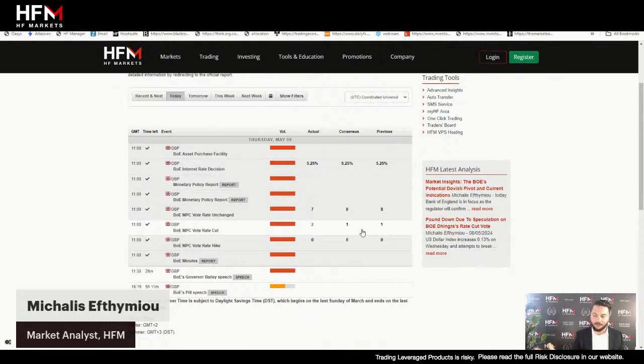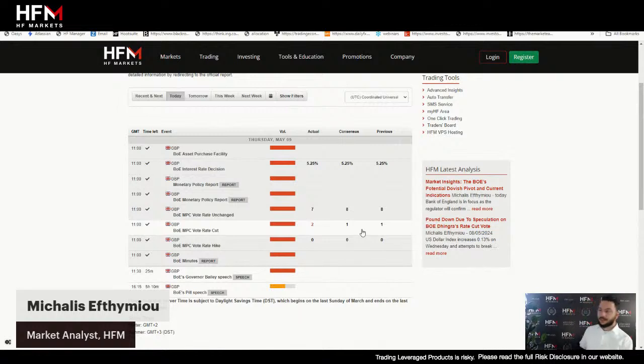Even before the announcement was made, ladies and gentlemen, there were 2 things I made a comment on. Number one, that it's not just going to be only Mr. Swati. It will be Mr. Swati, and it also will be Sir Dave Ramsden voting for an interest rate cut. Another thing I also mentioned is that the market is pricing in a potential, imminent interest rate cut, and that this is negative for the GBP and positive for the FTSE 100. So this is what I mentioned before the announcement was even made, approximately 10 minutes ago.